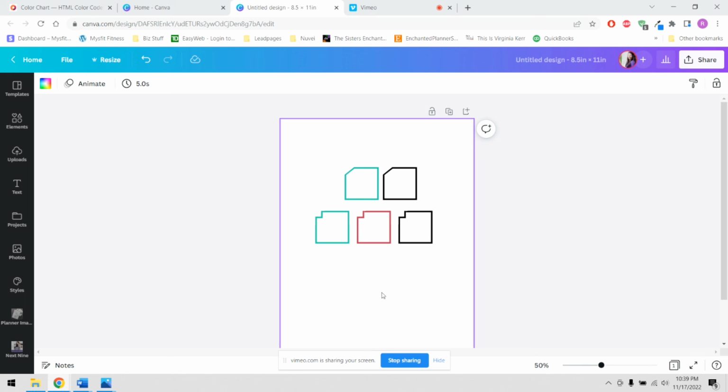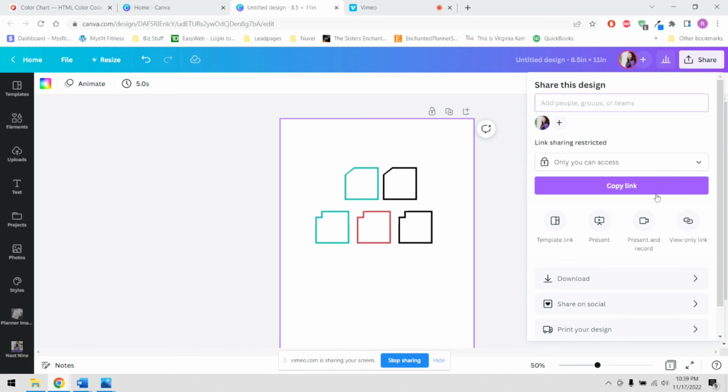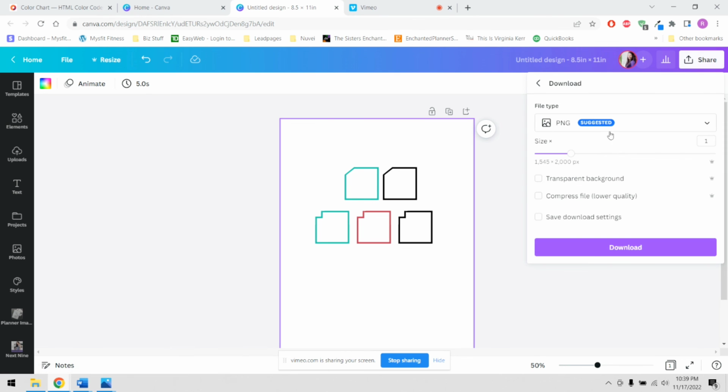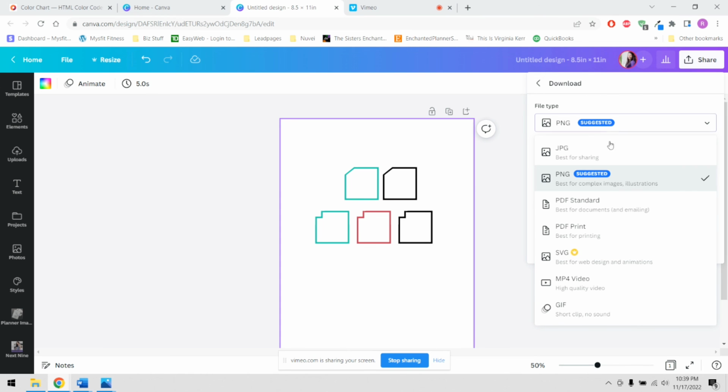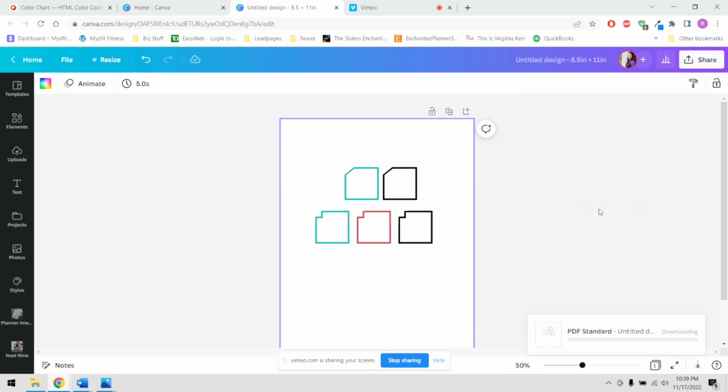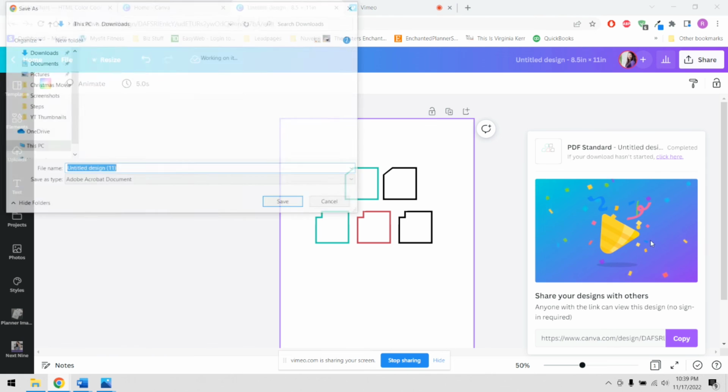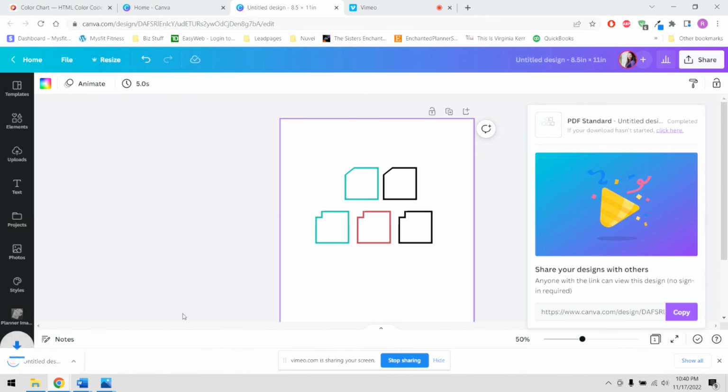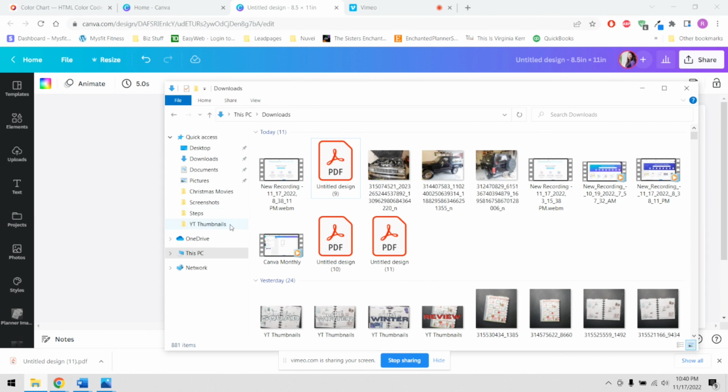I'm just going to finish this off with actually showing you how to download and pick up your boxes. So we're going to go here to the share button, hit the download button, and on here we need to change this from PNG to PDF. And then we're going to download it, save it to our computer, and then go to your,